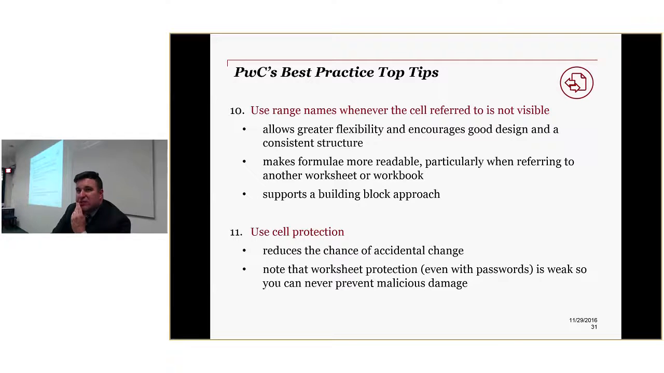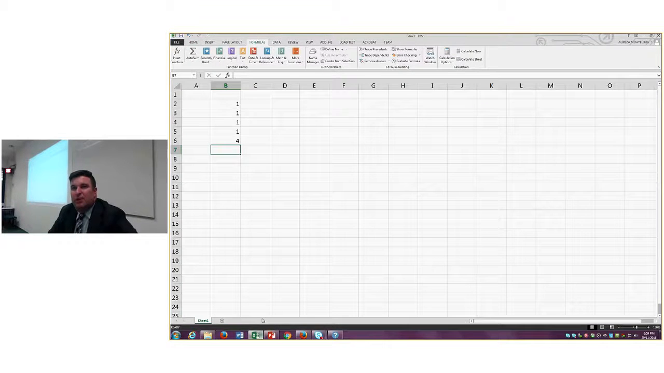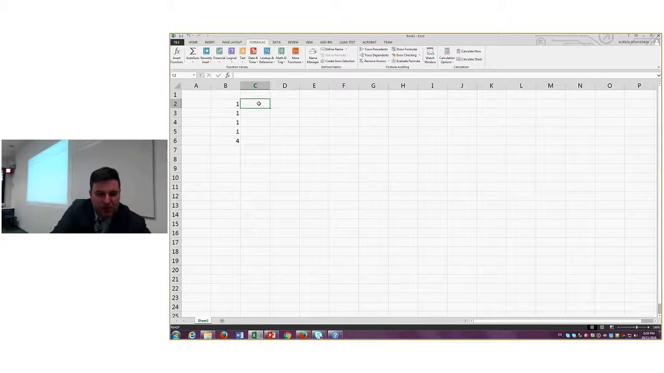Use range names wherever possible for cell references not visible. This is probably one that we haven't covered before. It's actually saying if you can't see the calculation in the sheet, call it up from another sheet. Sometimes put a name on it. The way that we might apply a range name is